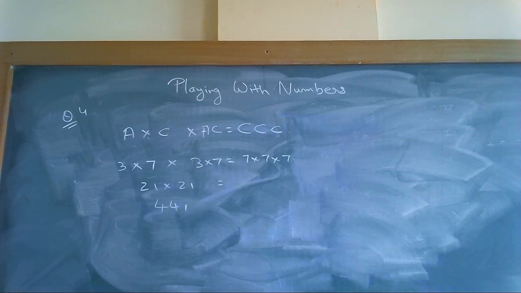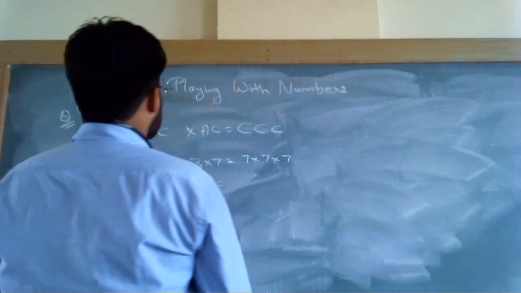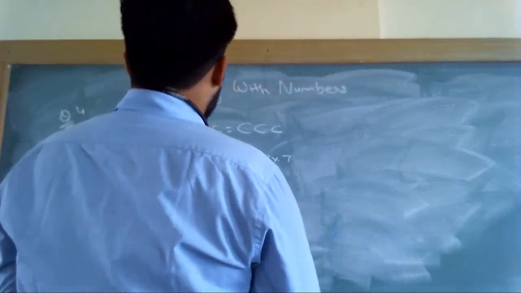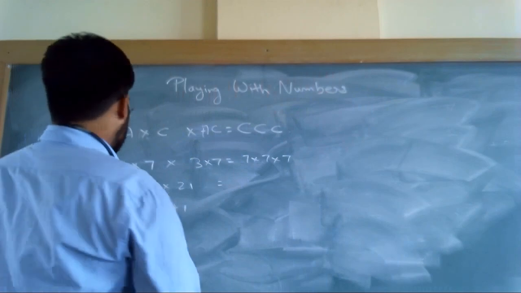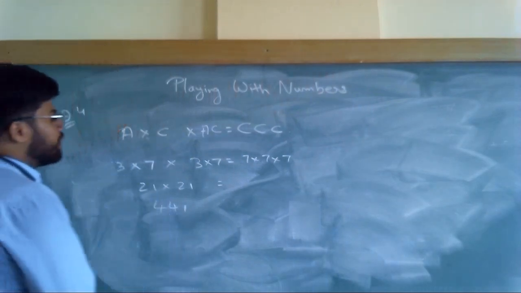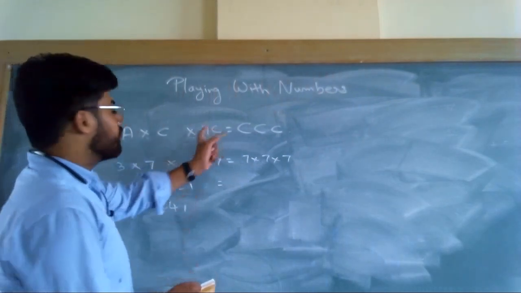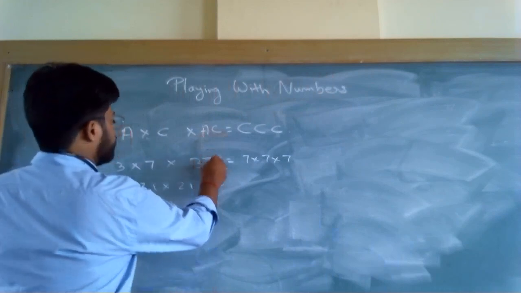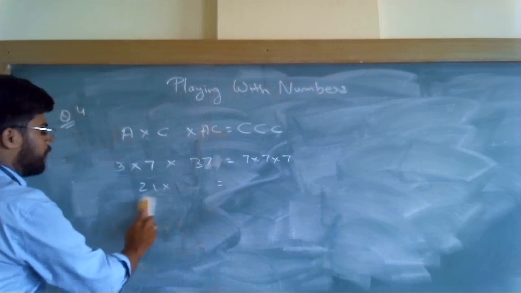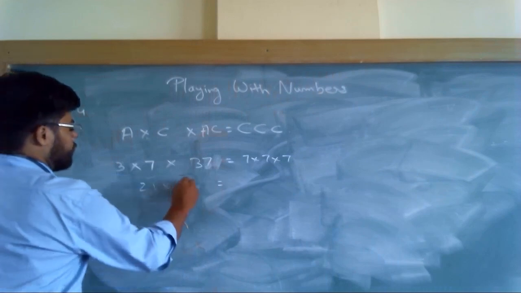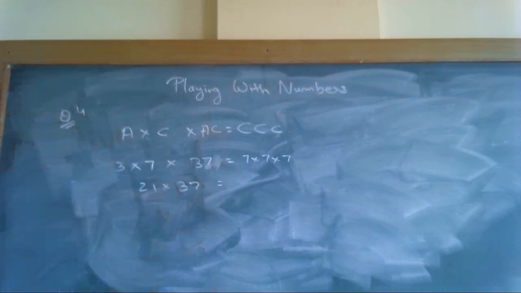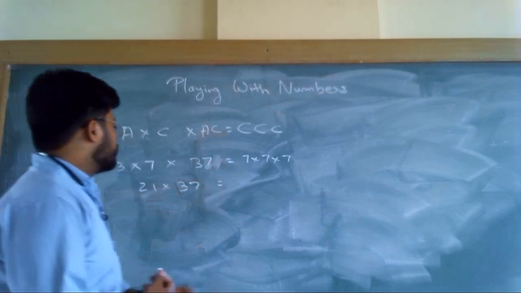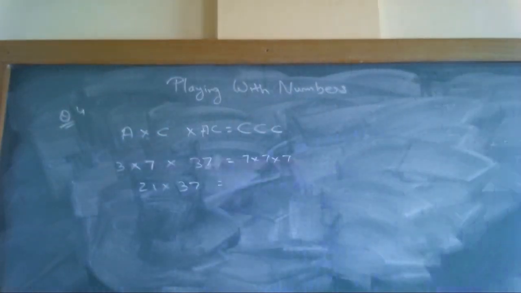Now we have to think about different values for the given equation. One more thing is there. Wait. Here multiply is not there between A and C. It is 37 only, not 3 into 7. 37. Okay, now check it. 7 threes are 21. 21 into that 37.